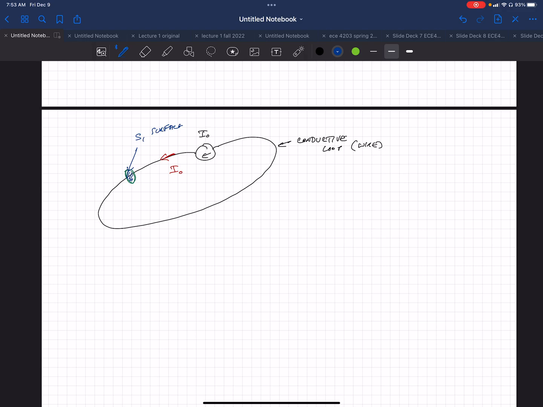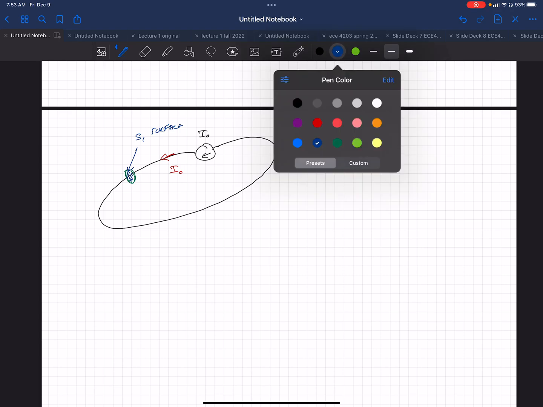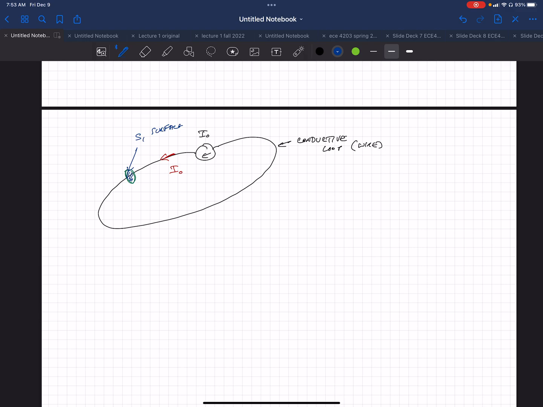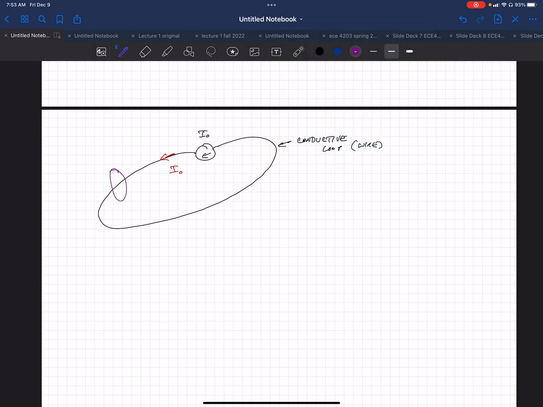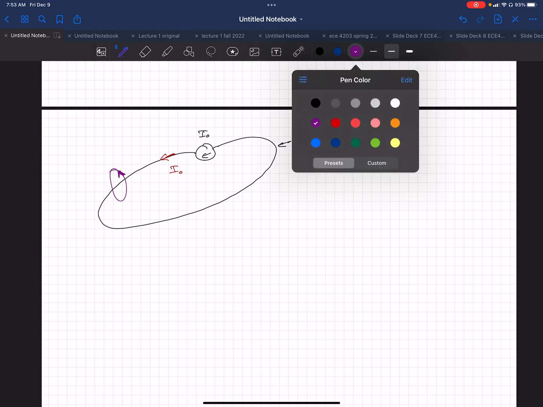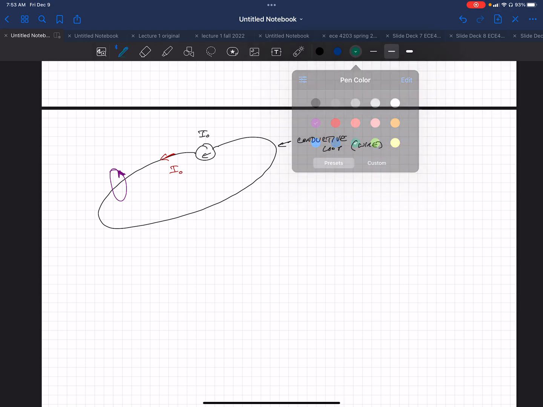So let's take the direction of this line. Let me draw a bigger line so it's a little bit more obvious what I'm doing here. So we're taking a loop, and that loop has a certain direction. Say we use our right hand rule to take in that direction, and then around the loop we start first looking at the